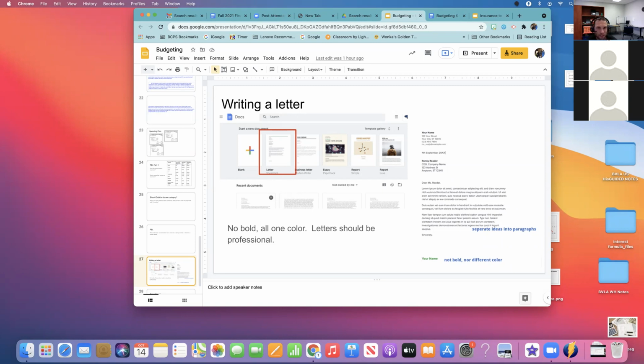My one surprise was that I did not specify how good the letter had to be. So in the future, I'm going to specify this, but there's a letter template in Google Docs, and you guys can see my screen. It's right there for you, where you have the date and your address and the address of the sendee. I think that is the way that you should practice making these letters, so that every letter you do in the future is going to be just like that.